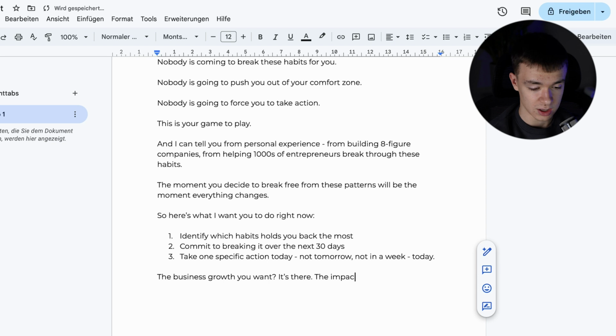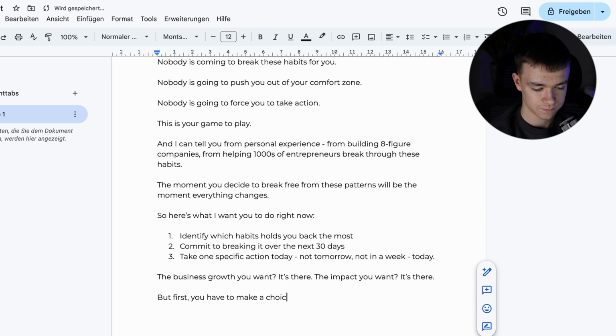We say, the impact you want, it's there. We basically repeat the saying and transition then to the next part. And we say, but first you have to make a choice. So basically now we transition slowly over to the real call to action, which is basically just pushing them to